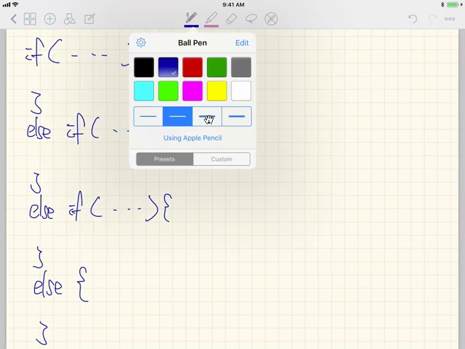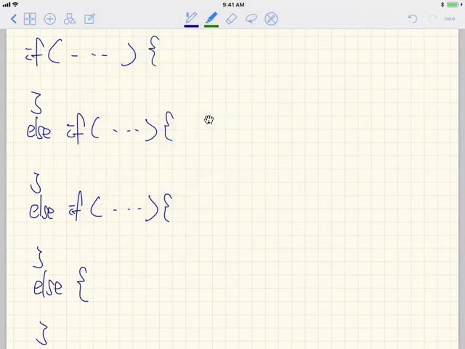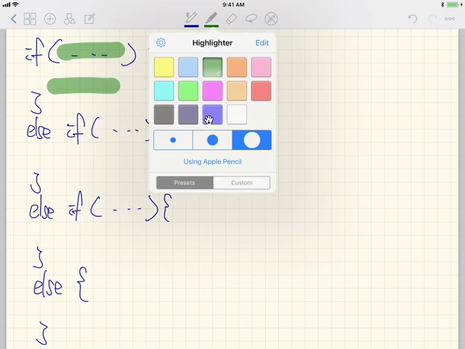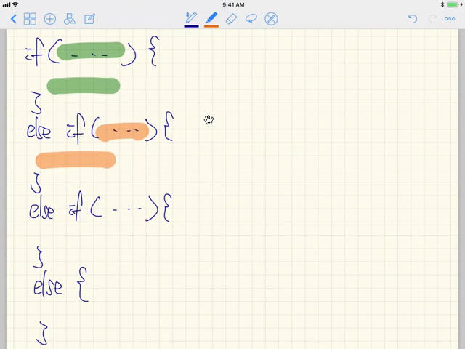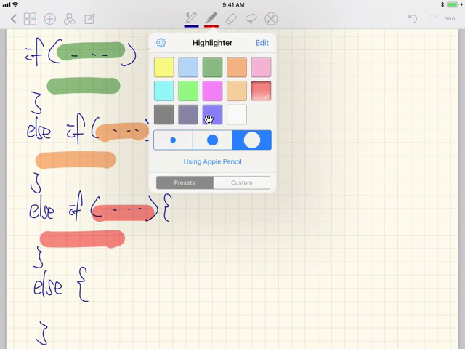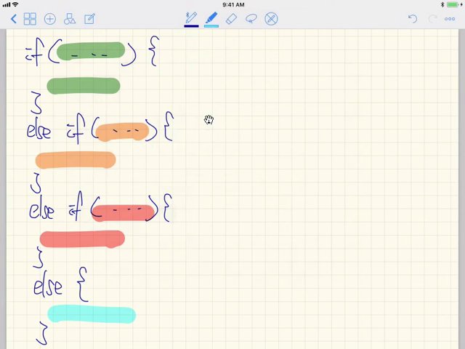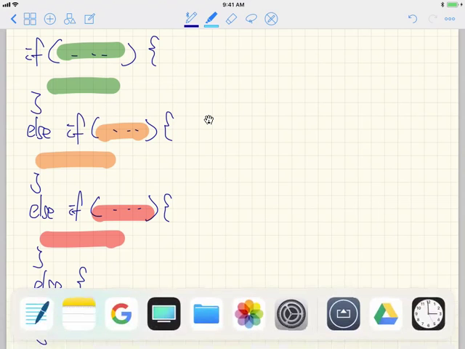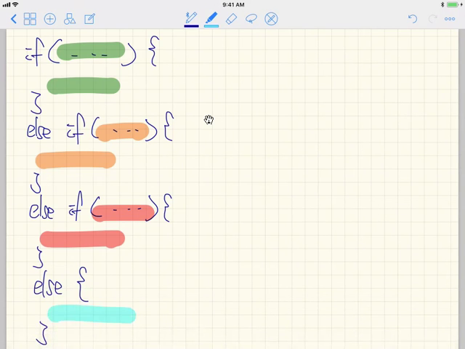Again, let's have maybe a different color to show. Branch number 1, branch number 2, and then branch number 3, and then let's say we got this. Okay, what about the final one? You can see, how many branches do we have? 1, 2, 3, 4. I got 4 possible actions that might be taken, right? Especially we have the else branch. The else branch has a special name. Okay, it's called a default branch, which means it's going to guarantee